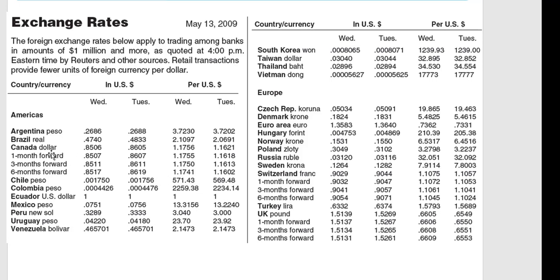Let's look, for example, at data from Canada. So on Wednesday, one needed to give up 85.06 cents of a dollar to buy a Canadian dollar. And 6 months later, for currency to be exchanged 6 months later, if you would do a contract on this Wednesday, the quote was 0.8517. So in relation to the Canadian dollar, the US dollar was depreciating because it is expected that in the future you would need to give up more US dollars to buy a Canadian dollar.